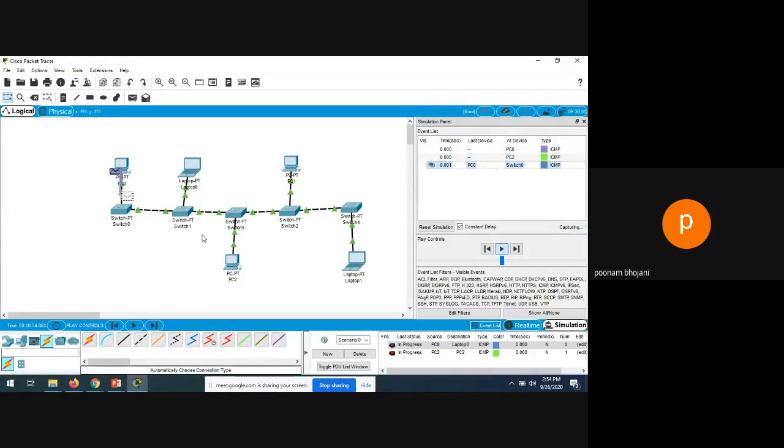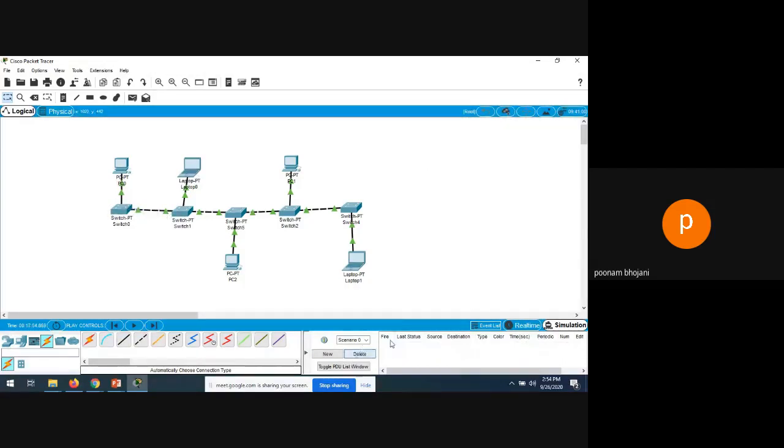So whenever you see the simulation, both processes will be done at a time, and you will not recognize what is actually happening, right? So what you have to do is delete everything you have done previously, and if you want to see the simulation only for PC0 and, let's say, PC2, then connect only PC0 and PC2.